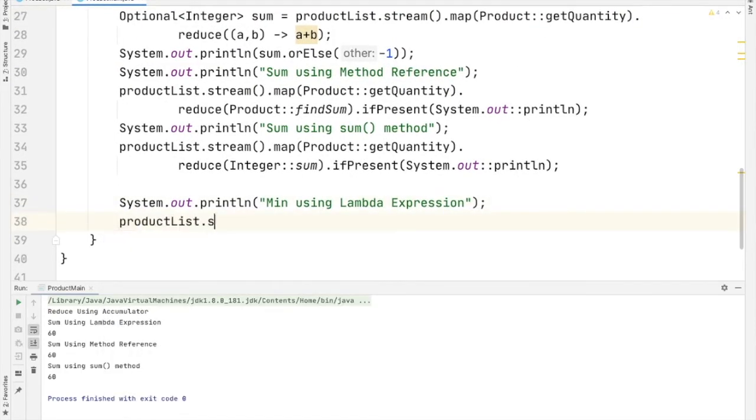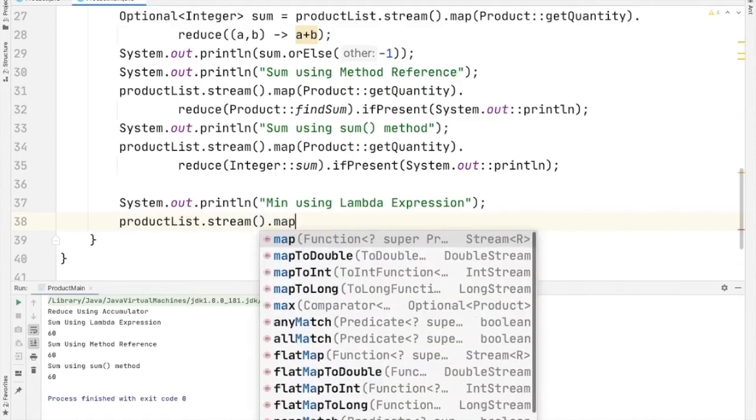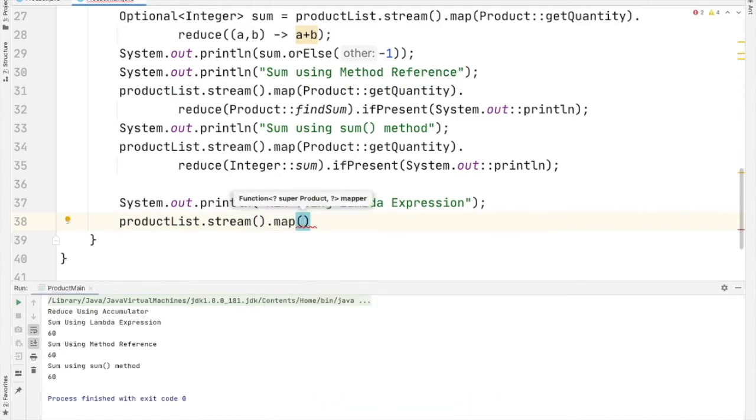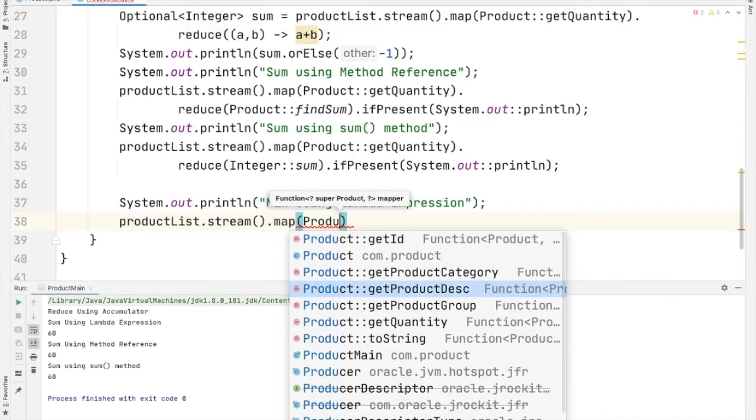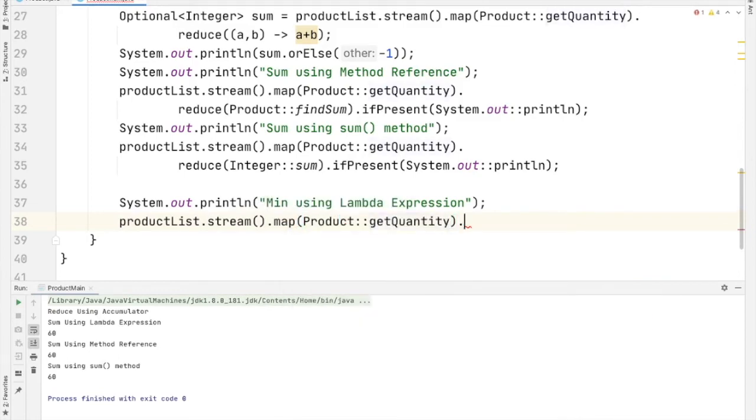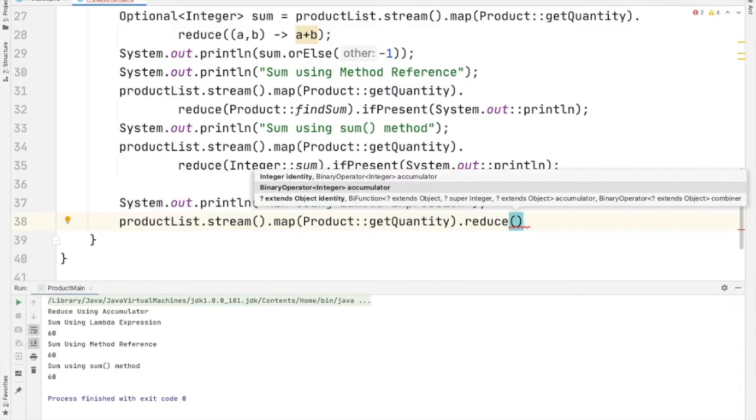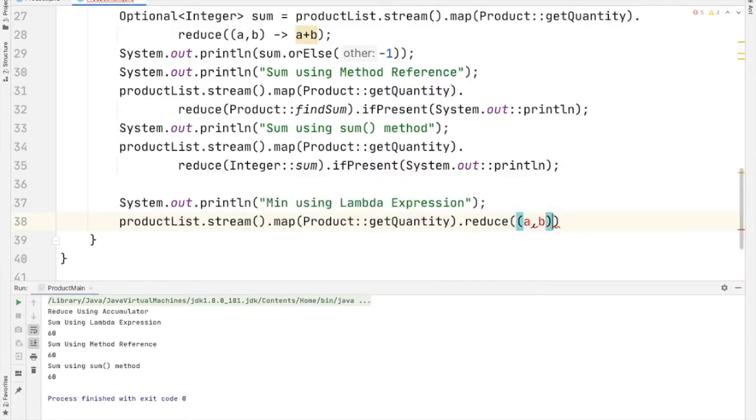productList.stream().map(product::getQuantity).reduce. Inside we have to give 2 parameters a, b, then lambda expression.